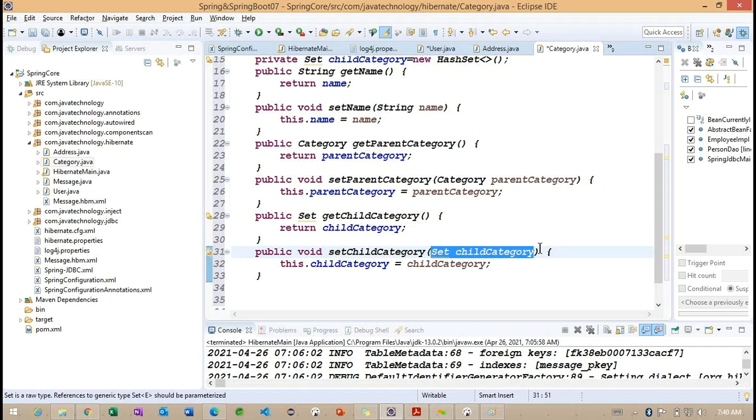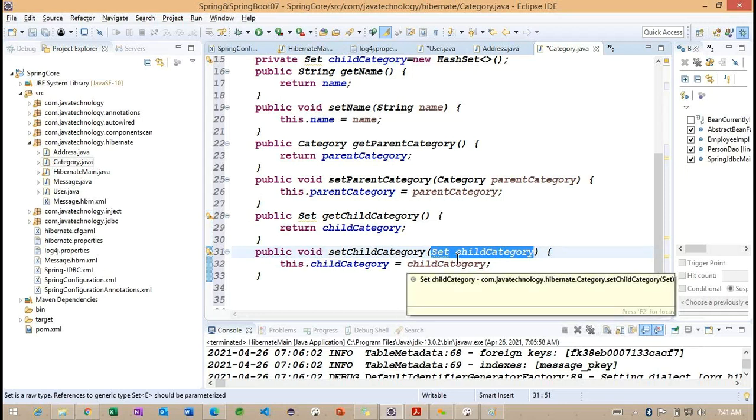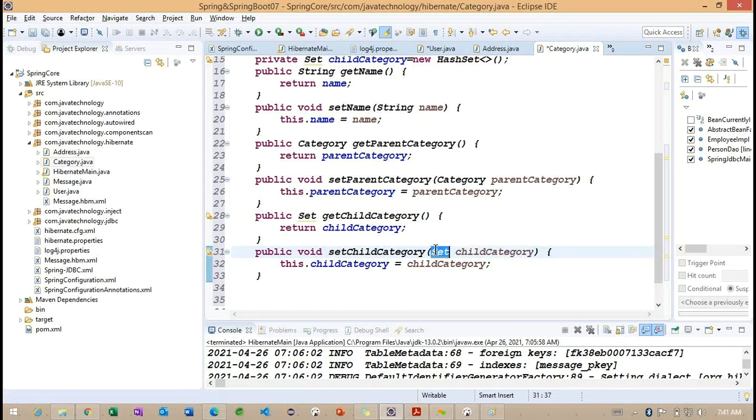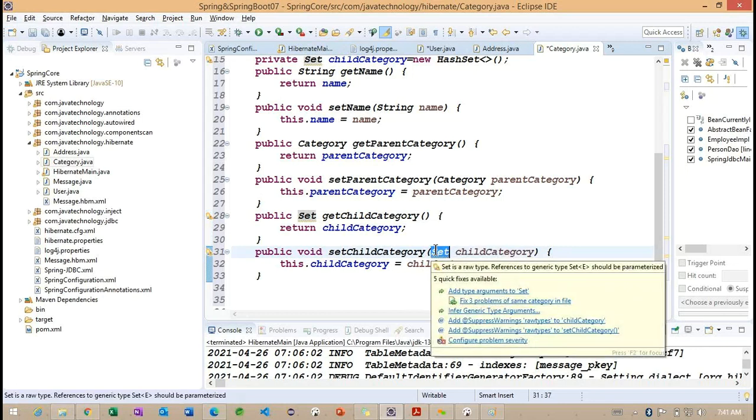And at runtime, what happens here? Hibernate is going to create an instance of a HashSet, because we are specifying the interface reference here. We are not providing the implementation class information, just specifying the interface. Set is one of the interfaces available in our collection framework.